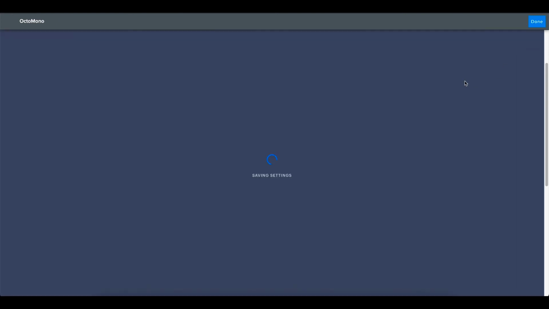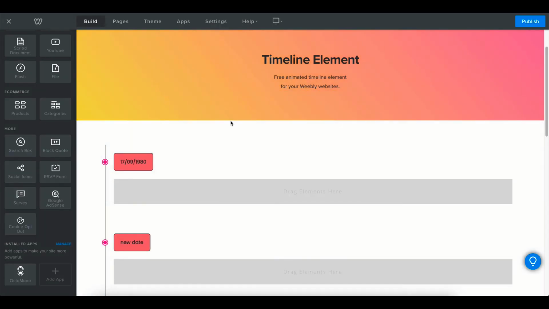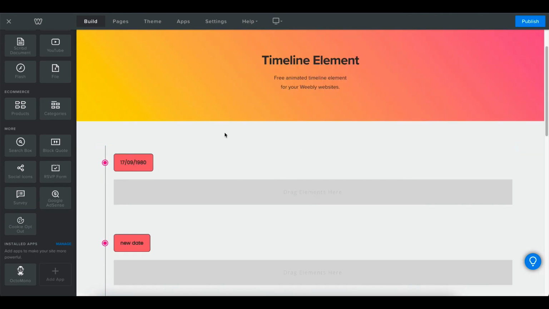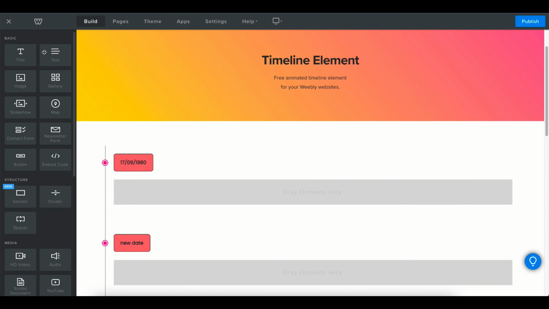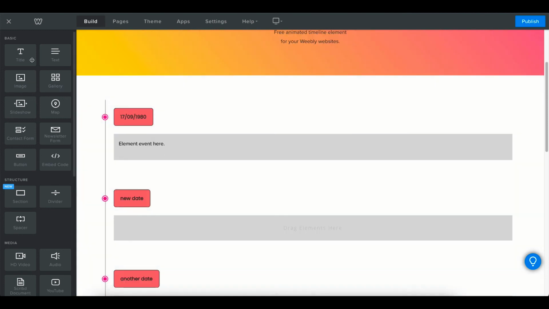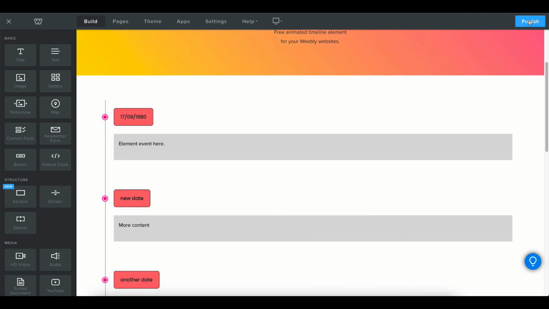So now when we save this and go back to our Weebly editor, you can see it appearing here, and then you simply need to drag in all the elements you want. And then once you go back to the editor, you can obviously modify and move those elements around if you wanted to. Element, event here, and you can add text, buttons, links, all these elements from the sidebar, of course, images and all those things. So look here, more content, and then when we publish it,